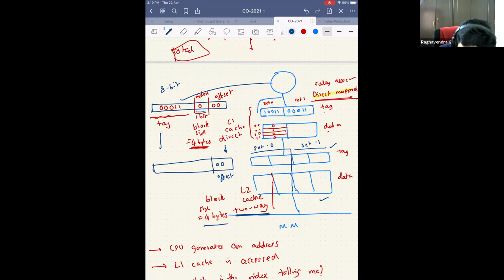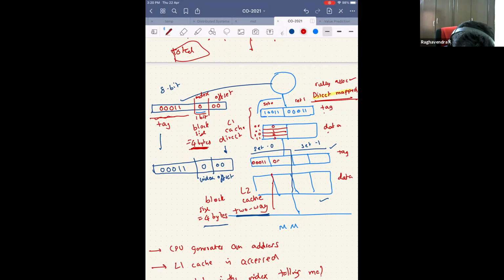So you need 1 bit again in the index. It could have been some other number of bits; it's not the same as the L1 cache. So the index bit is 0, and the remaining bits are the tag, which is 00011. Now you are searching in L2. I use the index bit to go to the particular set. It is saying 0, so I go to set 0. Now it is a bit different from L1: you search whether this 00011 is here or here. It can be either here or here. Now can you tell me, can such a scenario exist? Can this have something like this?